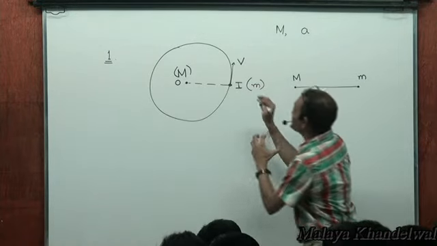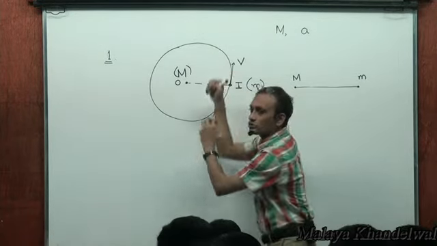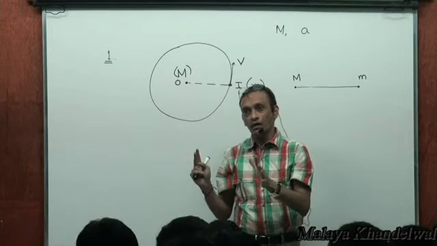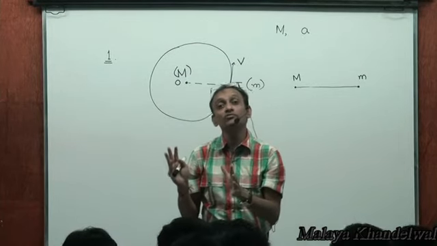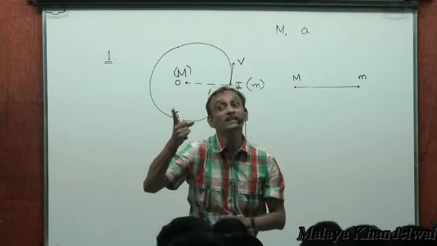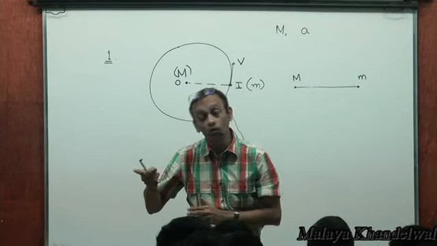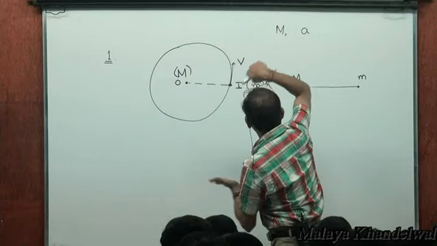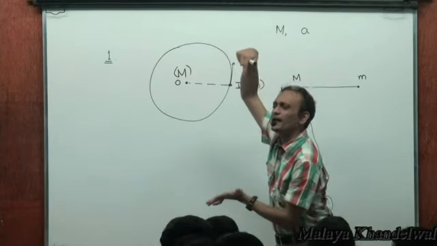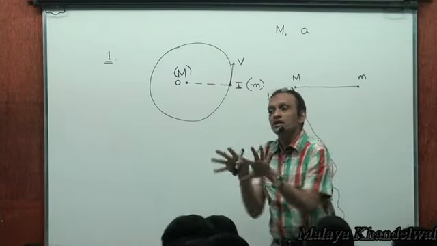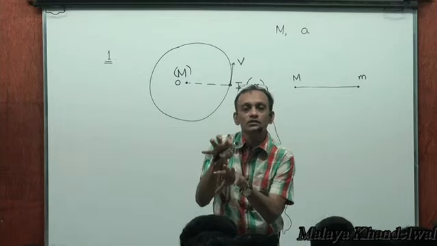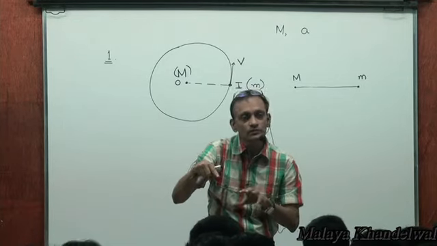Now, when the insect attempts to crawl along the ring, are there any external forces acting on the insect? Yes. I mean, gravity is acting, but it's balanced by normal reaction. Yes, there is frictional force between the ring and the insect, but then,